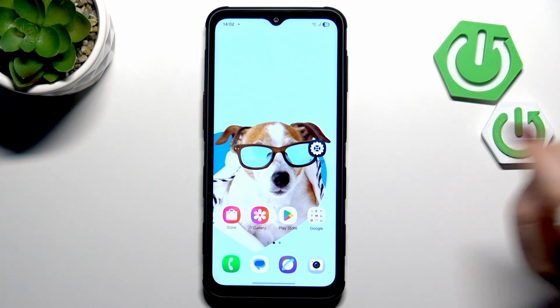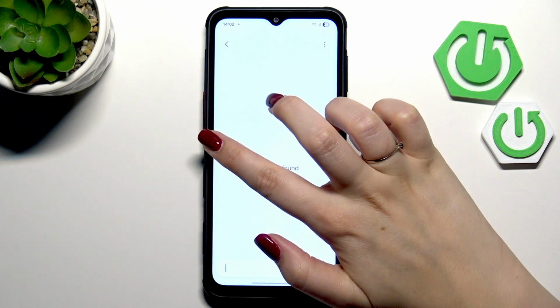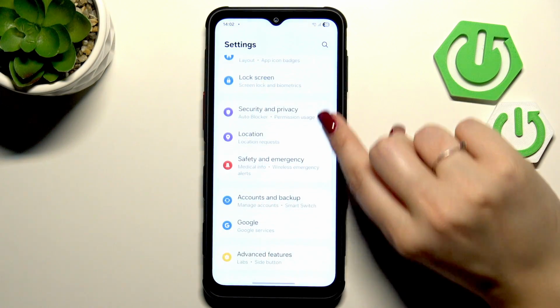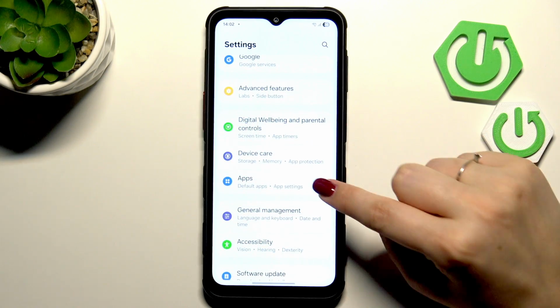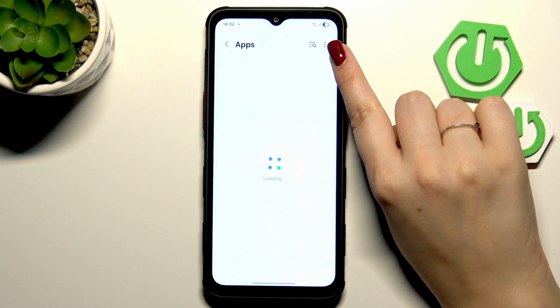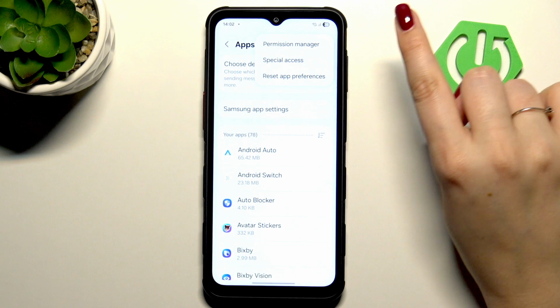So let's begin with opening the settings, and here in this general list we have to scroll and find the apps. So they are right here. Let's tap on it. Then we have to tap on this three-dot icon in the right upper corner